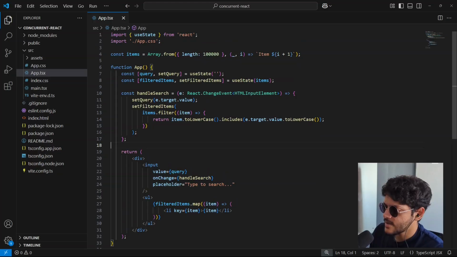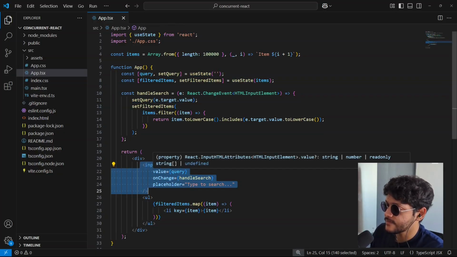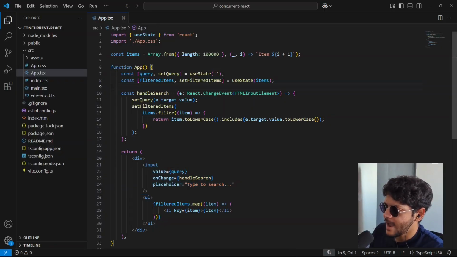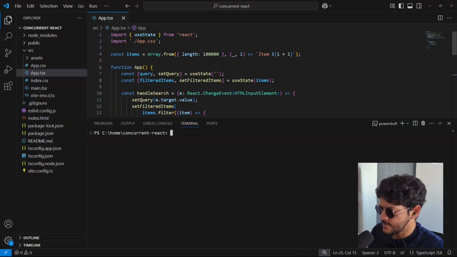If you look at the onChange handler, it's a regular function that is going to first change the state. This is mapped to our input field. So whatever I type inside this input field, it's going to update inside this query state. We have this filtered items state as well that is referring to the original set of items. And anytime I type something inside the input field, you'll see that we are also filtering the list of items. So now if I run this app in my browser,